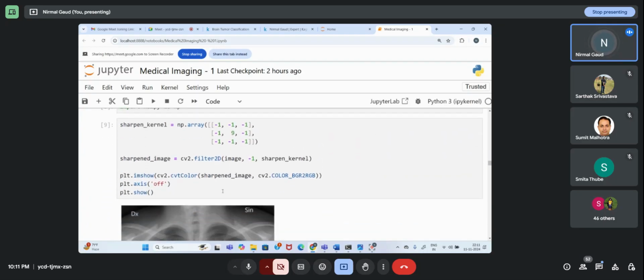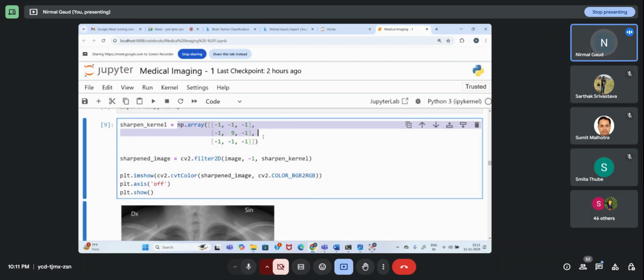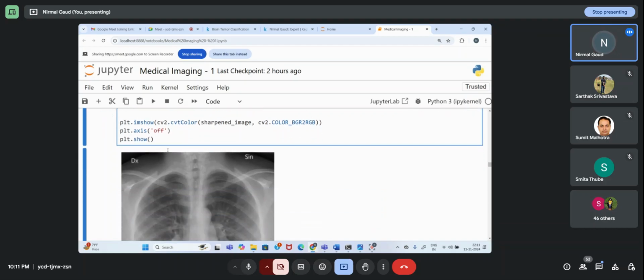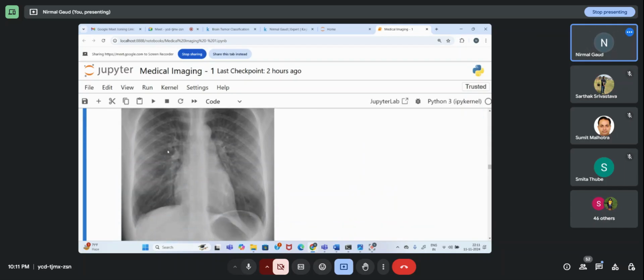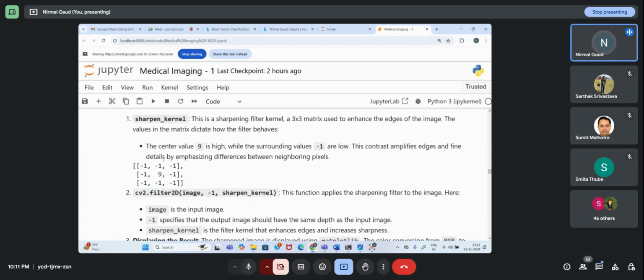And there is one more thing. I can filter the image like this. This is my sharpen matrix, the sharpen filter. cv2.filter2D takes the image matrix and performs the sharpening of the image, meaning it operates this sharpen matrix with the image. Here you are going to get the result: sharpness increased.